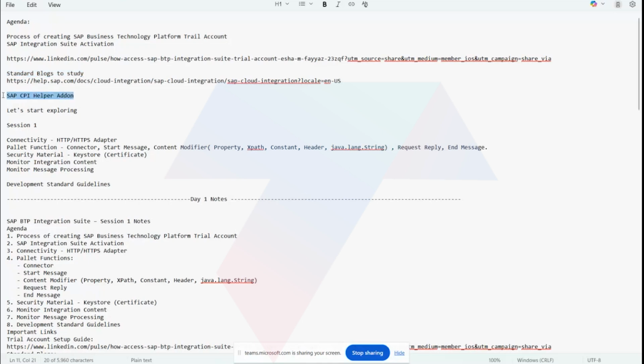And the CPI Helper add-on, I just prepared a few items explaining that too. So to begin with, how to